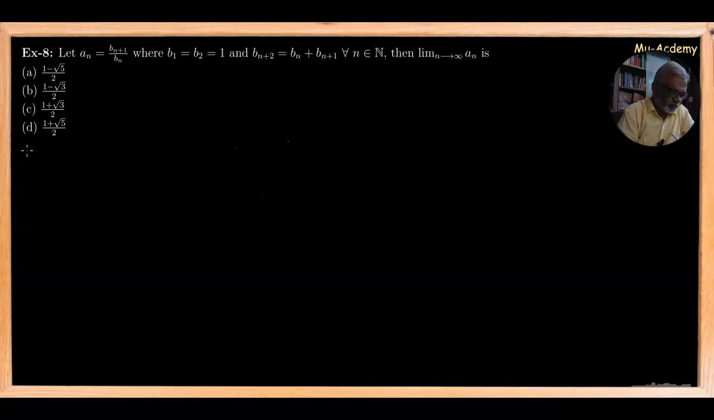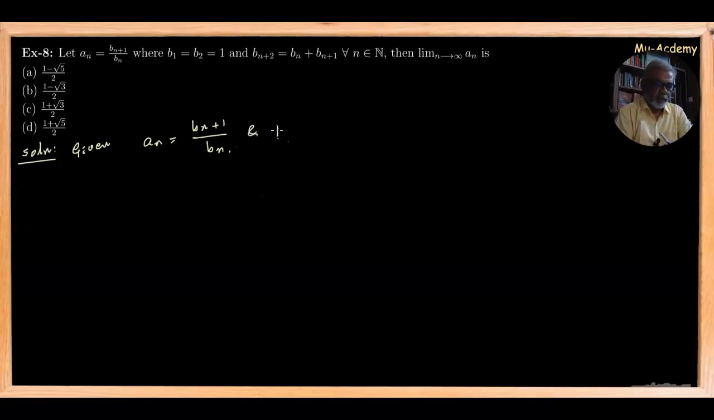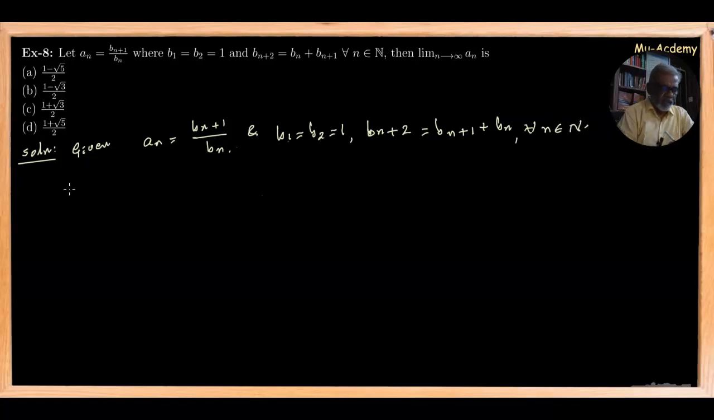The solution for this is given. An equal to Bn plus 1 by Bn for every n, and B1 equal to B2 is equal to 1 and Bn plus 2 equal to Bn plus 1 plus Bn for every n belonging to N. Now clearly